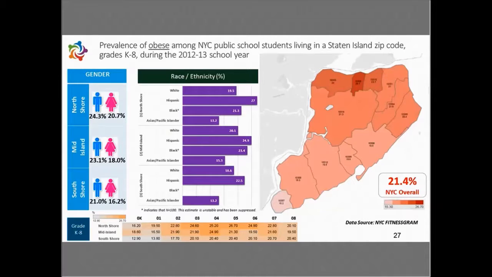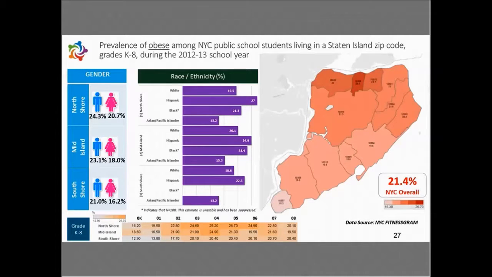Here's a slide that we're able to develop with information from the New York City Fitness Gram. This is for obesity in the K through 8 subset of students attending public schools throughout Staten Island. And again, this data, the way we receive it, is split into the 3